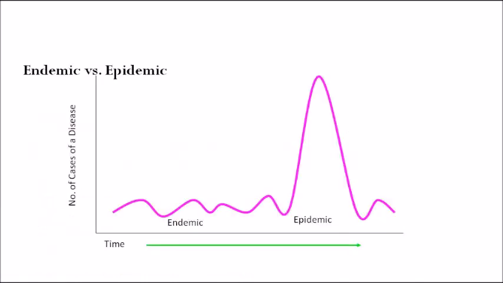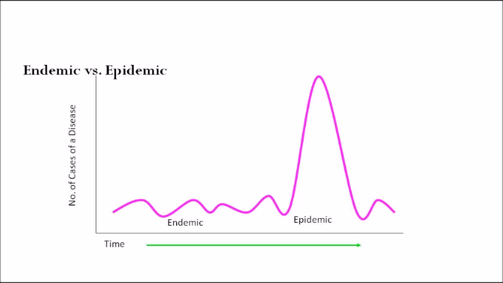Okay, so this is a picture showing the difference between an endemic and an epidemic. You all know what an endemic and an epidemic are. See, the endemic is due to the constant pressure of a disease agent, without its importation from an outside place. And what is an epidemic? An epidemic lasts for a very short duration, and it rises from a very minimal number of cases. Then it suddenly increases and reaches its peak, and then it starts to flatten its curve. That is the difference between an endemic and an epidemic.